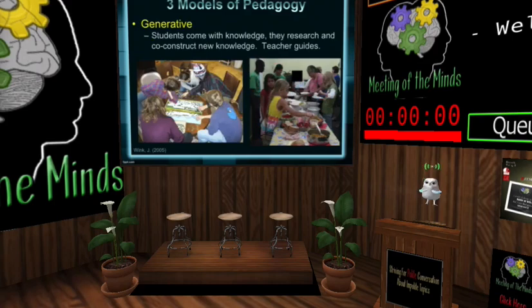Now, the generative model is this philosophy that students come with knowledge, and they're going to use what they come with to research and co-construct to make new knowledge and new meanings, while the teacher guides. In this philosophy, everyone, all students, are bringing something to the table. So in a way, you can think of this as a potluck, where everybody is bringing something to the table